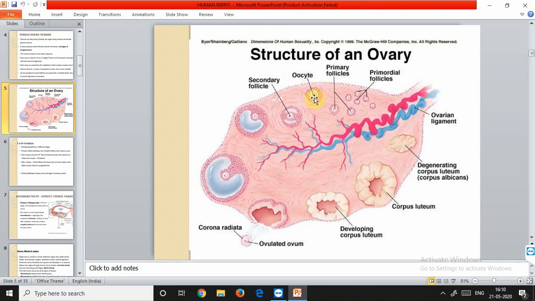This is the primary follicle, and then this is being surrounded by a few layers of follicular cells that we call the discus proligerus. Proligerus is the word that is used for the coverings that are surrounding this secondary oocyte. So this secondary oocyte is suspended into a small cavity, and that cavity is called the antrum. So antrum is a hollow cavity into which the oocyte is suspended, or it is lying there. It is not completely in there, it is hanging in there with the help of a stalk. So now the stalk is called the cumulus oophorus.